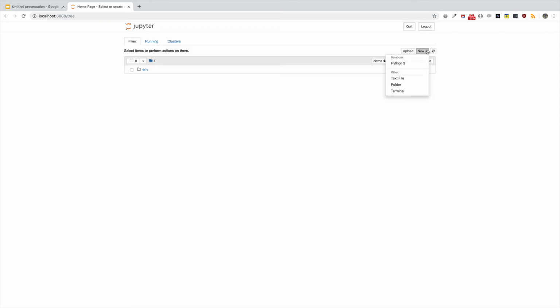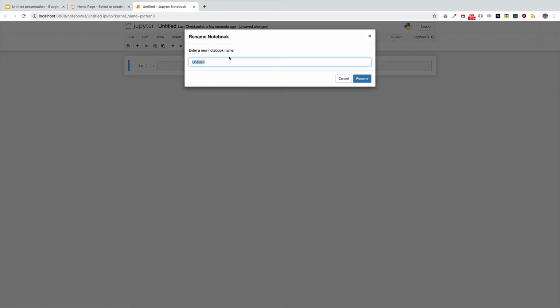But until then, Jupyter Notebooks offers you an interactive environment for you to play around with different algorithms. So what I'm going to do here, I'll click on New Python 3, and I'm going to rename this. I'll call it environment check notebook. So this is just to check that our installations were successful. Now we installed NumPy, so let's import it. So I'll say import numpy as np,